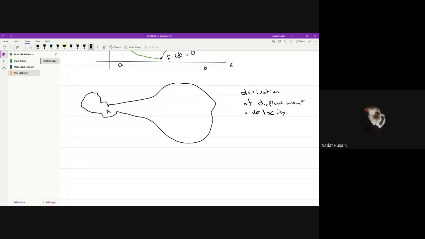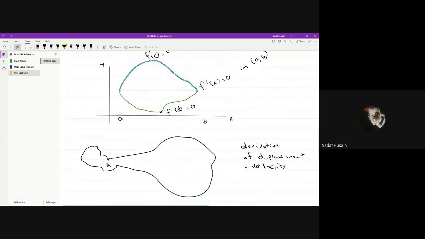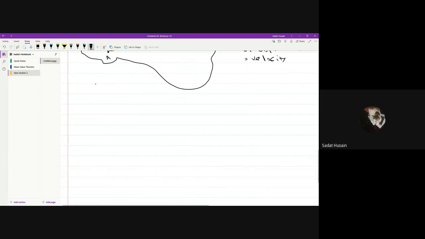Okay, so now we know why Rolle's theorem makes sense. We won't prove it, but we've developed an intuition as to why it makes sense. It makes sense to us. Right? For example,